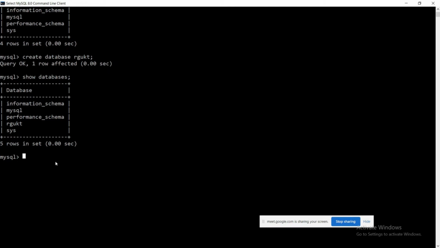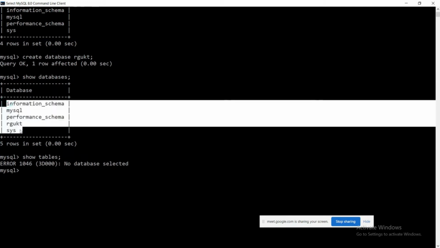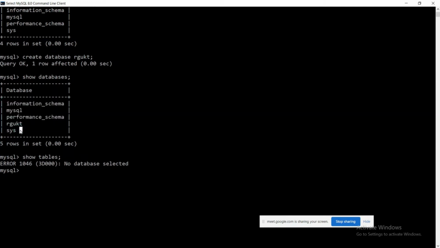When you would like to work with any database, you compulsorily require tables. Are there any tables? That you can check with the help of the show tables command. At least we didn't select the database, right? Out of all these databases, you have to select one database on which you need to work. So for that, what do you have to use? You have to use a command called